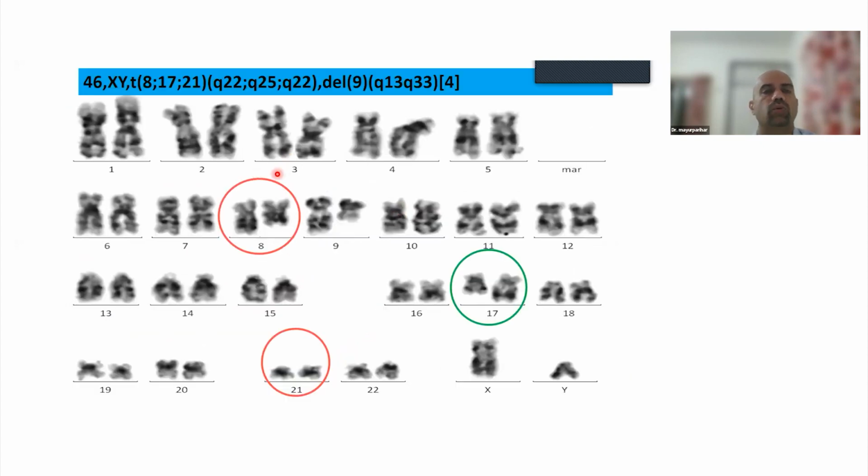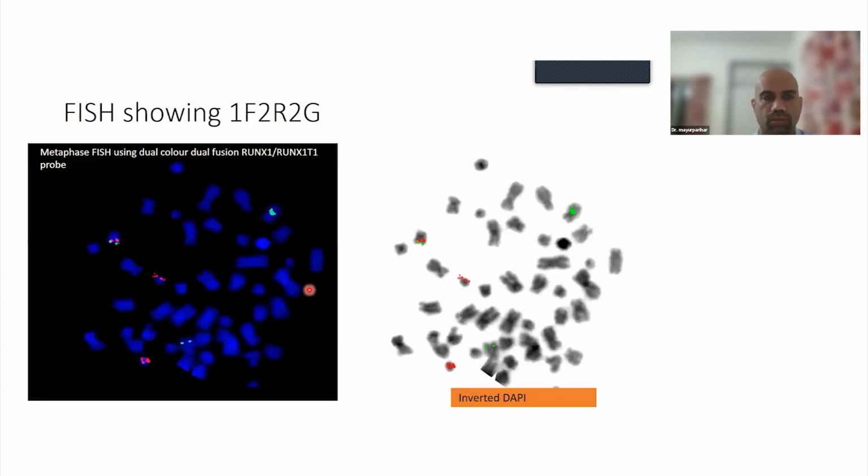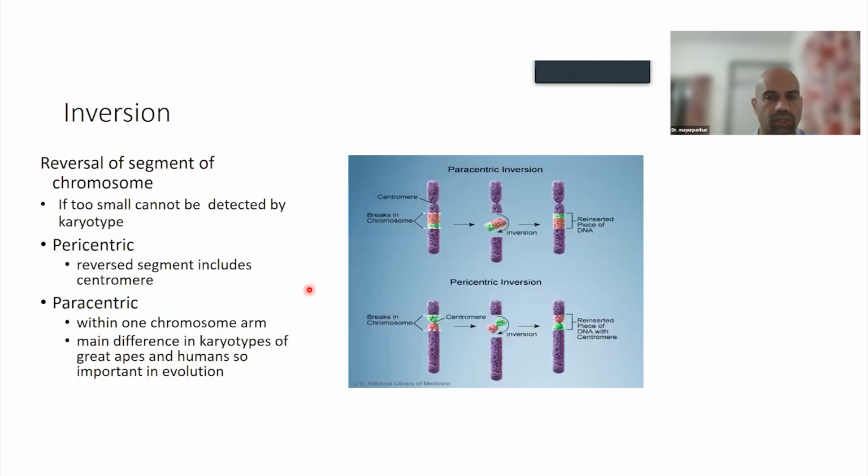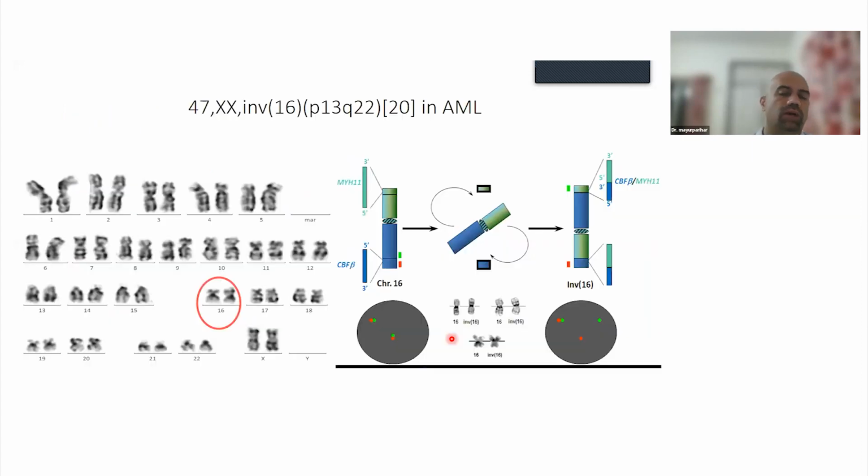Now you can get three-way translocations. The three-way translocations are similar to the normal translocation. And even by a FISH pattern, you can identify a three-way translocation. What do you mean by inversion? Inversion is when a part of a chromosome cuts and then completely turns upon itself. It's called an inversion. Now, inversions can be difficult to detect on karyotype morphologically. Inversion can be either paracentric, wherein inversion happens on only one side of the centromere, or pericentric, where they happen on both sides of a centromere.